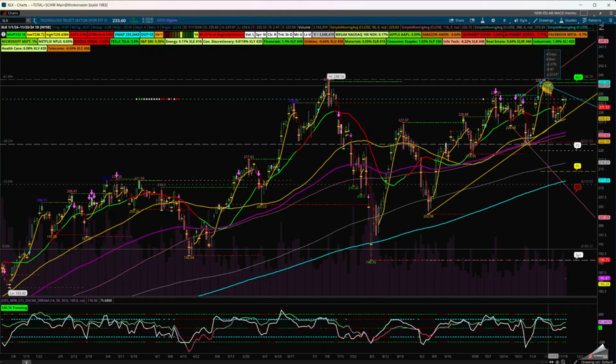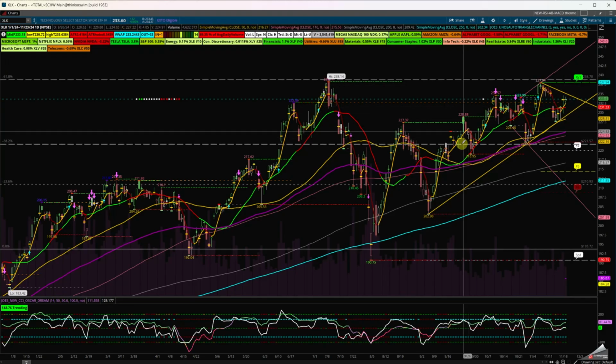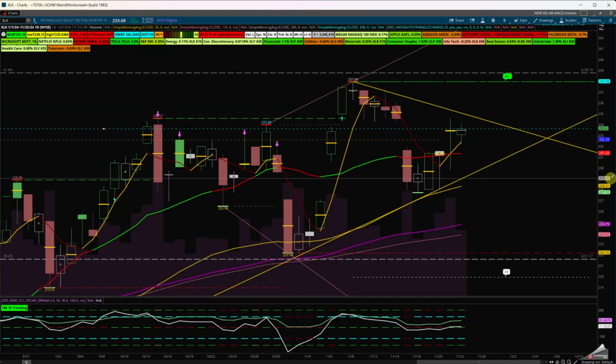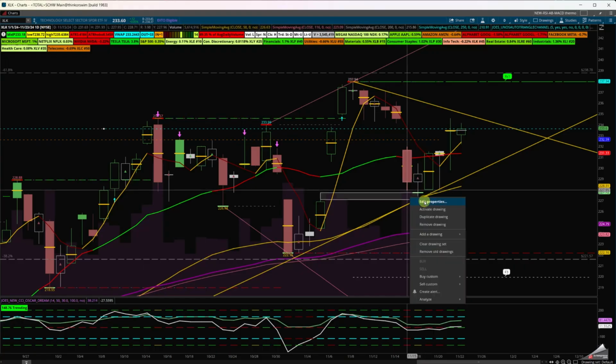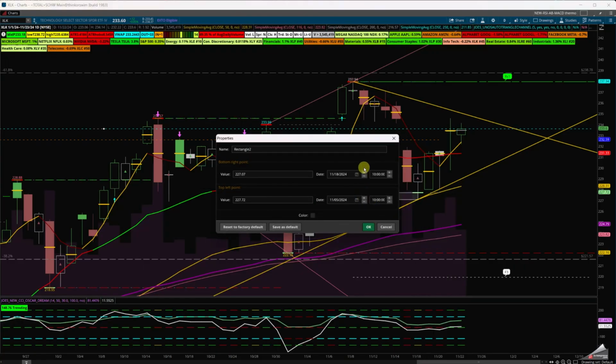But we are in a downtrend symmetrical triangle. If I zoom in here, you can see that we fill this gap up here. We have a little tiny gap between here and here. You can use that as the reference like I did in the S&P 500, and you can extend it to the right side. We'll leave that for a couple of days and come back to it a little later during the week. That way everyone can see it.